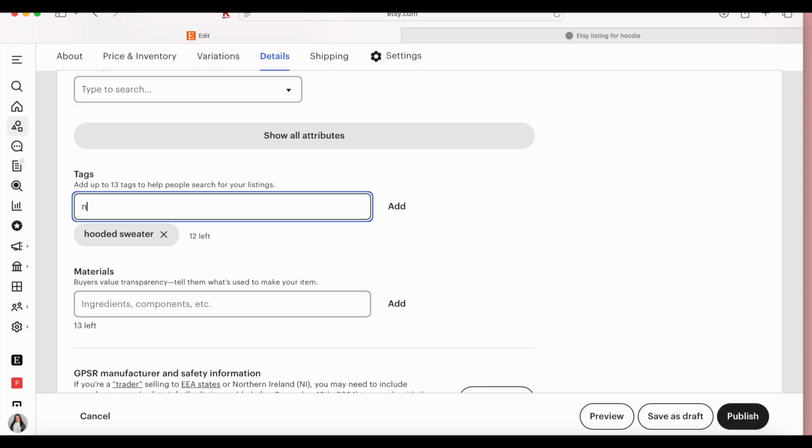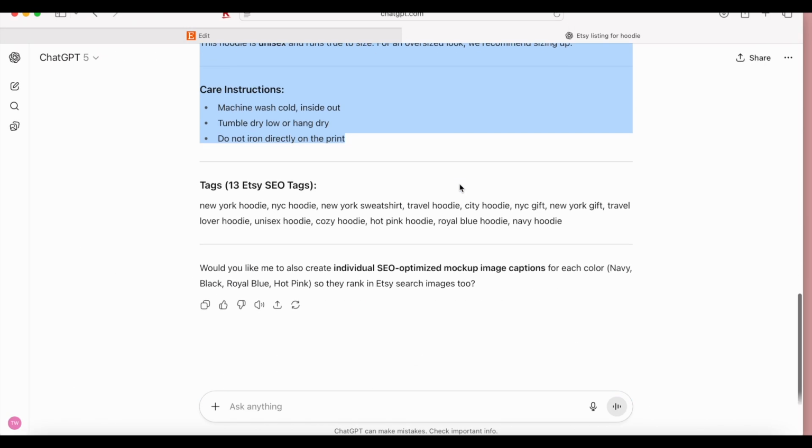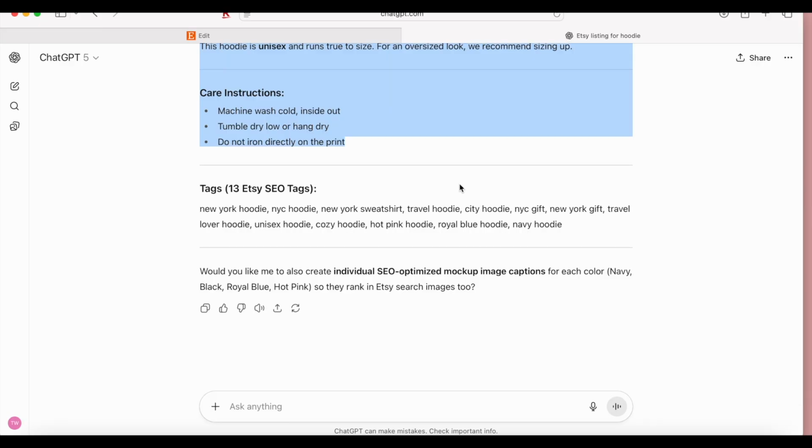So then you could also do NYC hoodie, stuff like that. You want to separate them, and you want to think of words that you would type into Etsy that would make sense. Now, if you're not good with that and you don't know anything about SEO or any type of tags,